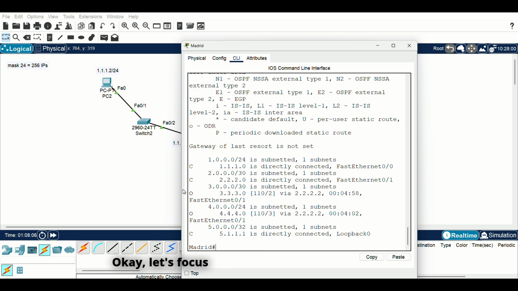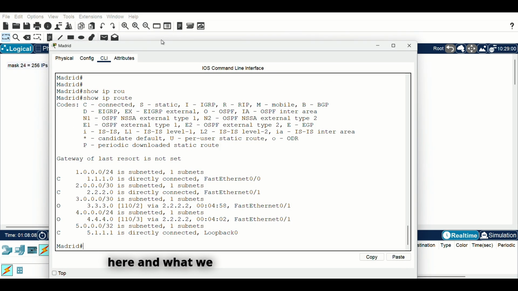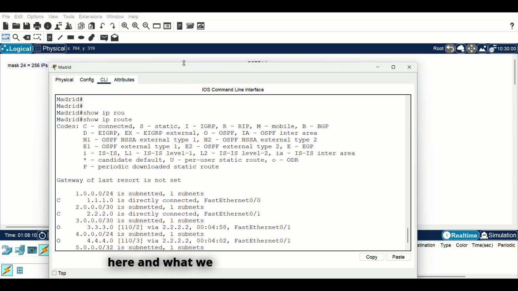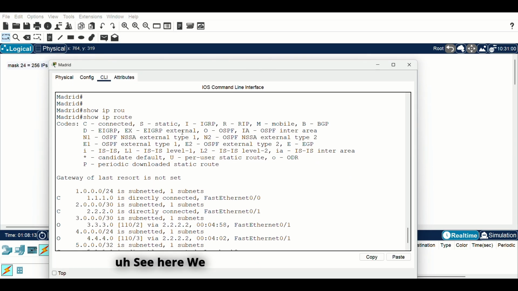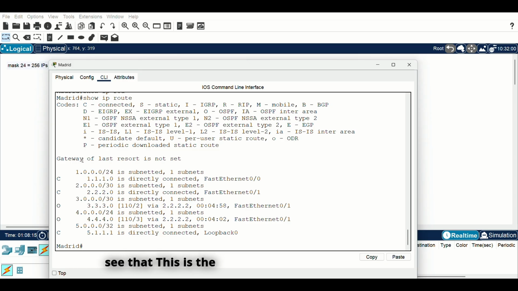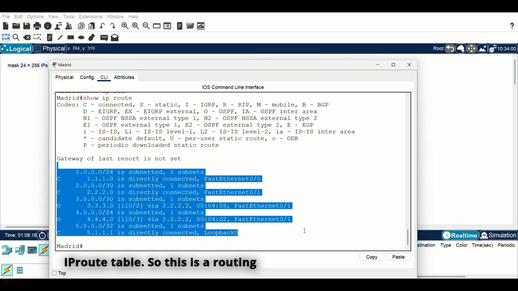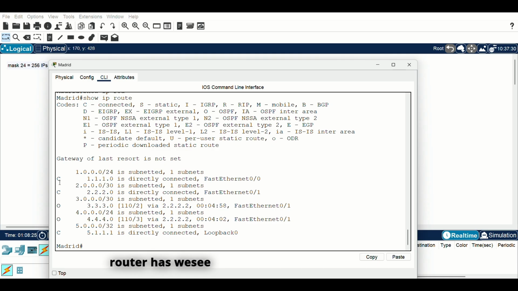Okay, let's focus here. What we see here is the IP route table. This is the routing table that the Madrid router has. We see here C, and C stands for connected, so directly connected. So the router Madrid says that I have a directly connected